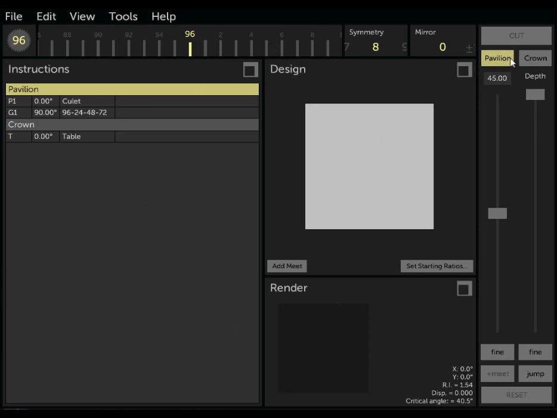First, it's important to choose which side we're going to be cutting. This is done by pressing either the pavilion or crown button in the mask controls. The angle of our cut is set here. The value can either be directly typed into this edit field or set using the slider in either coarse mode